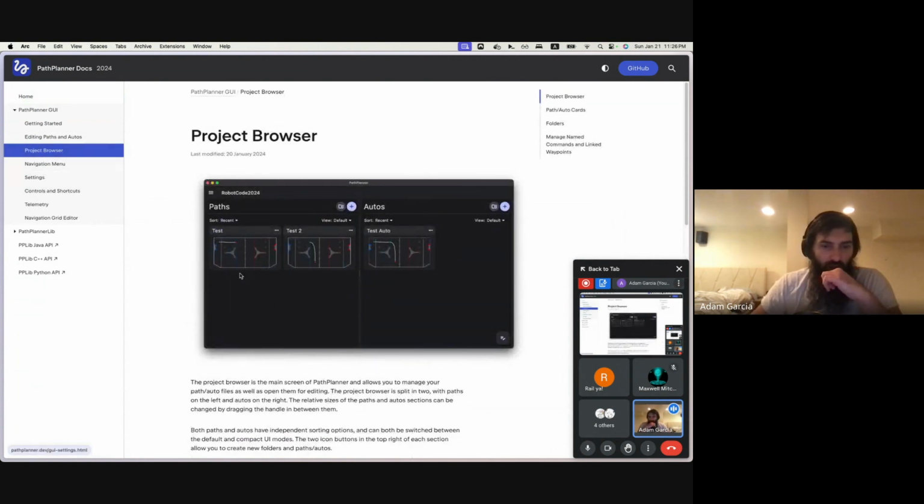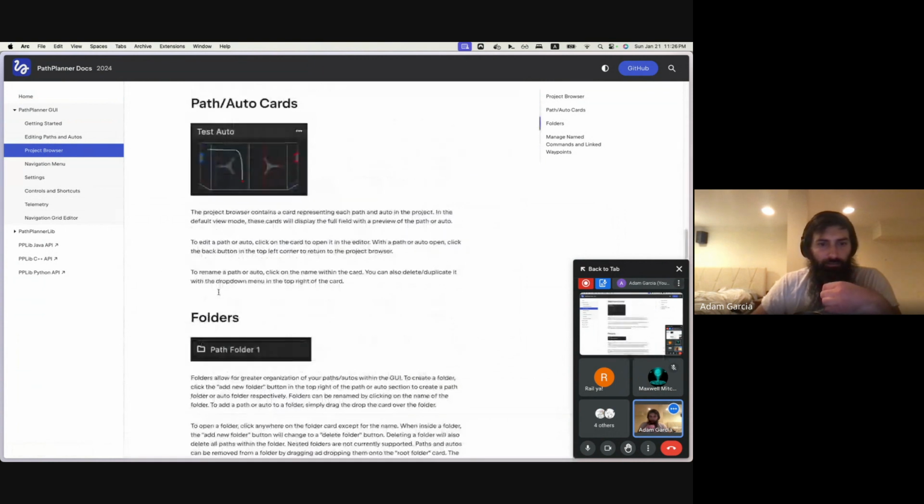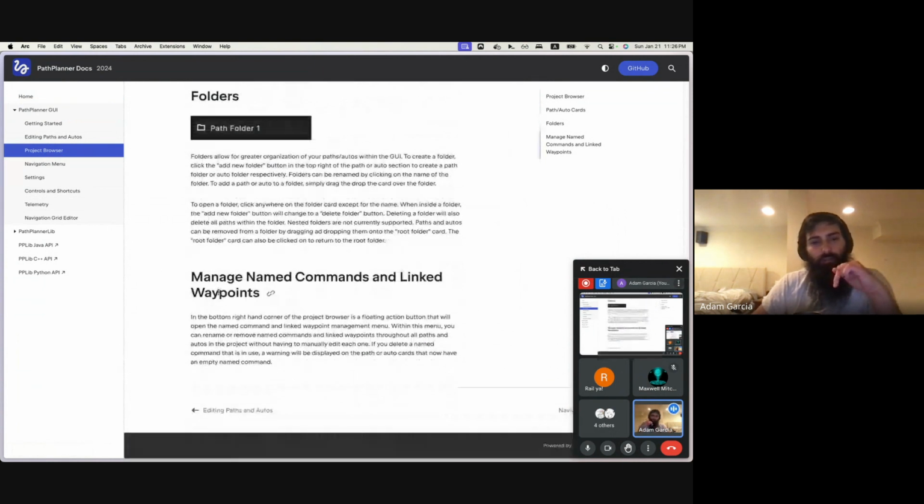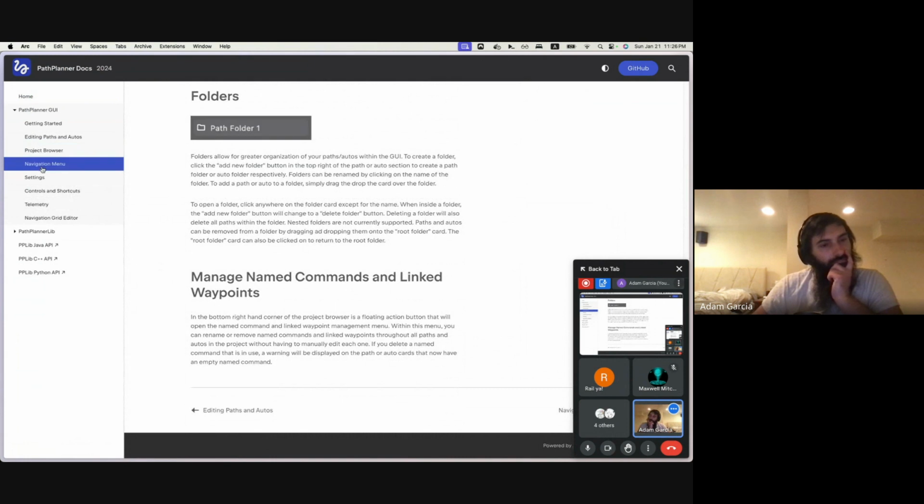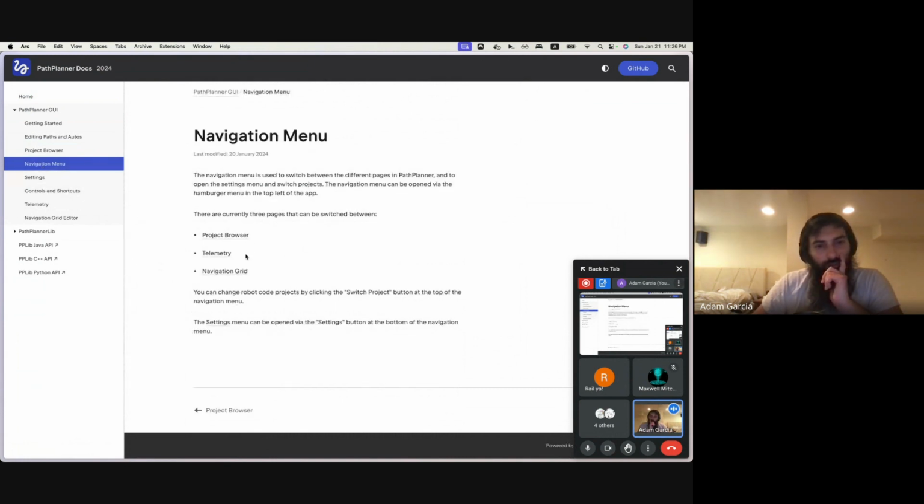Project browser, folders, manage, okay. So this is something that we can, okay, before delving too much deeper into this,